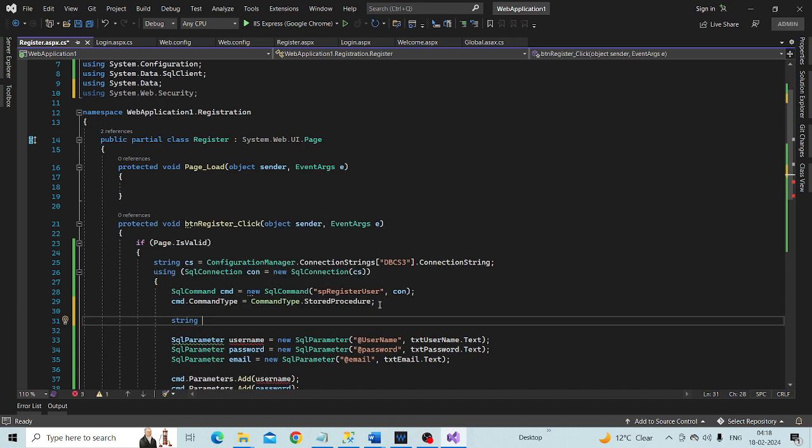Let's create a variable, encryptedPassword, which is equal to,